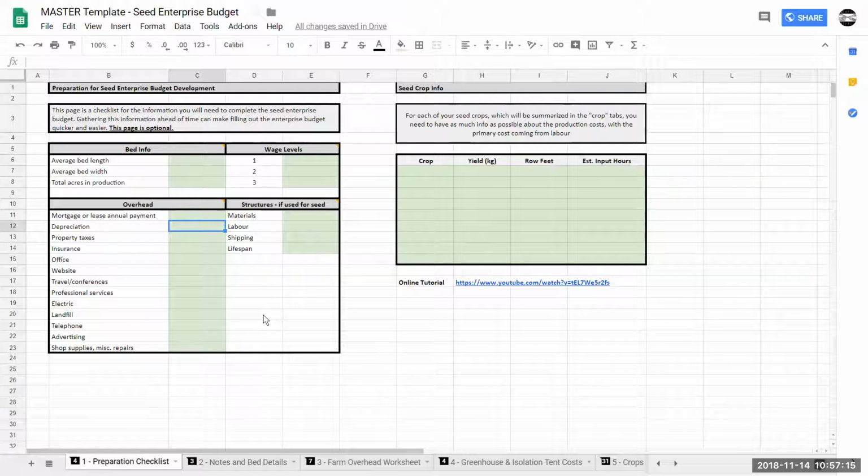This is an optional tab where if I'm going to do a one-on-one consult with you, I might get you to come in here and fill out a little bit of this information just to get us started. Then as we start looking through the other tabs, we can take this information from here and start putting it into the actual spreadsheet where the calculations are taking place. This is sometimes just an easier way for people to put things in to get started.